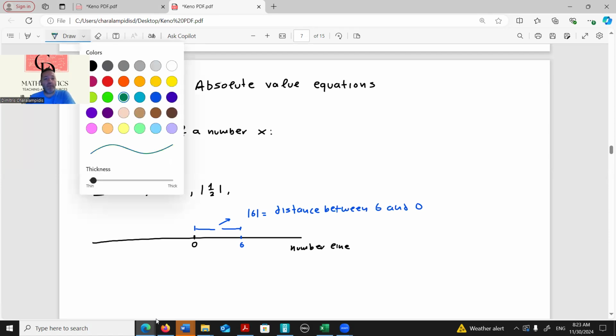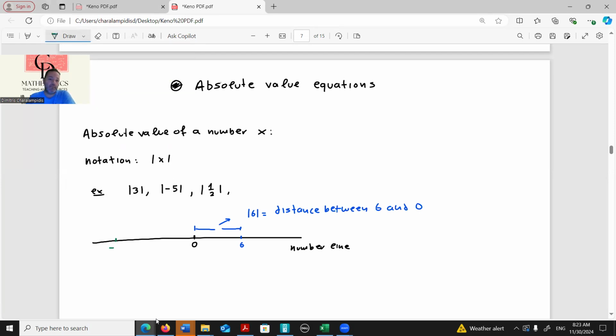Similarly, if we use another number, this time -8, it's already placed at the left of 0. Again, by absolute value of -8, we define the distance between -8 and 0. So again, absolute value of -8 is distance between